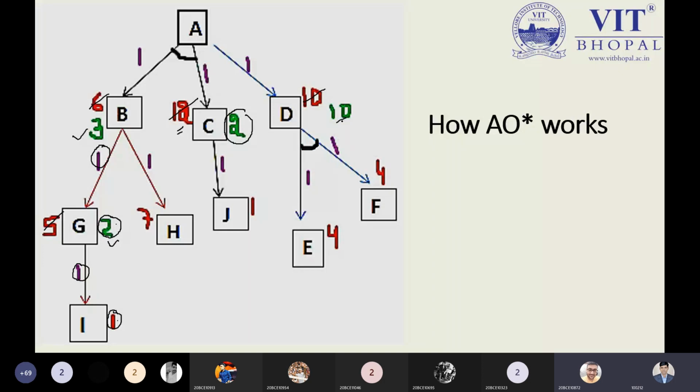So if I'm moving A to D, I'm getting the 11. So there will be no changes over here. But if I'm moving A to C, after updating the heuristic value 12 to 2, my total cost will be 3 rather than the 13. Okay, A to B when moving, my cost would be 6, 1 plus 3. That is the updated cost. And if I'm choosing the previous one as 1 plus 6, that will be 7. So this is the reason I'm trying to update here